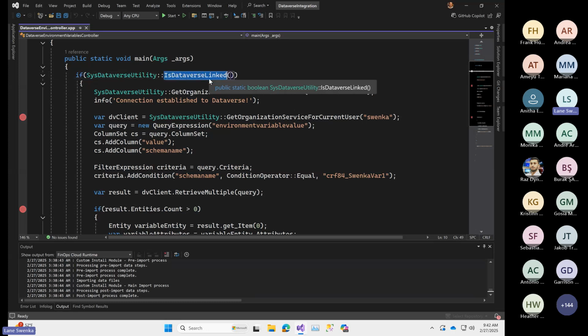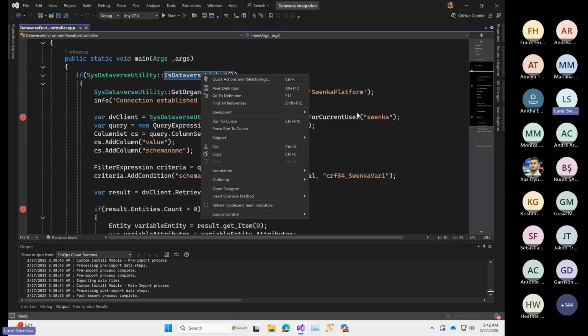If it is true, then there is this additional call to getting the organization service. This is the CRM, iOrg service utility. And once you have that, you can do basically anything that the web client and Dataverse supports. So you can query tables, you can call unbounded or bounded actions, you can pretty much do everything under the sun. So definitely, take a look at this, do the where used, and see some other examples that are out